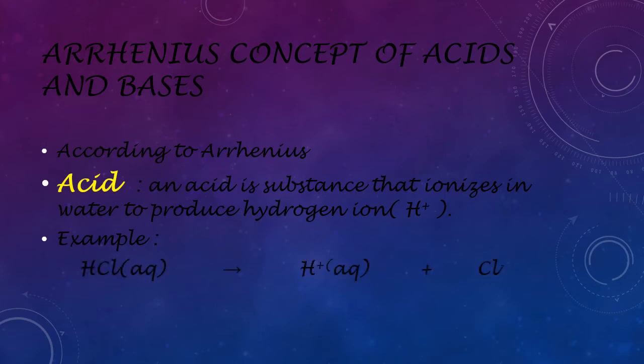That is, we are having HCl, hydrogen chloride. When we dissolve it in water, what happens is that water molecules dissociate the compound into two portions. That is, it is producing a positive ion and a negative ion. The positive ion, according to Arrhenius, will always be hydrogen ion, and the negative ion will depend on the acid that we use. So according to Arrhenius concept, acids will always be producing hydrogen ion.